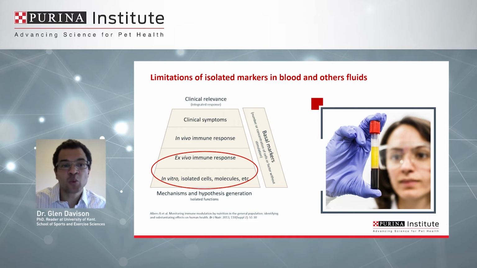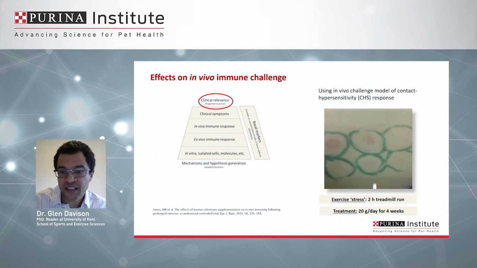And what is generally well accepted is that markers which challenge the immune system and quantify this in an in vivo way are generally considered higher value. So again, referring back to the pyramid, challenge tests, which don't just look at isolated markers, but look at the integrated functioning of the whole immune system working together in a coordinated way, are generally considered of higher